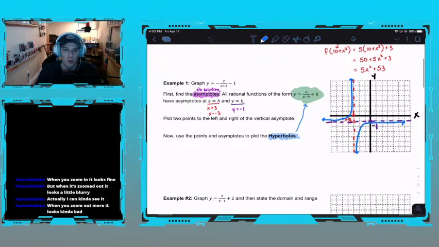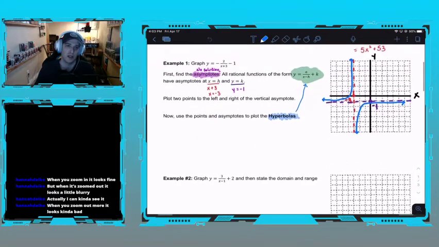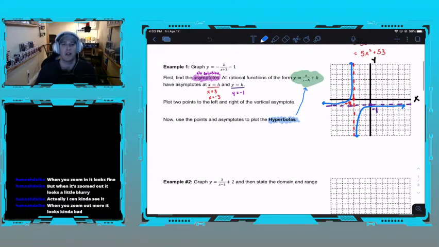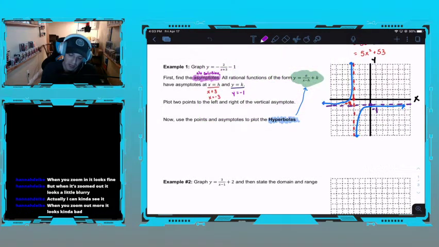So, example number 1 is going to be almost identical to example number 2. In example number 1, 2 days ago, I said first we have to find the asymptotes. We have to find where the graph has no solutions. In order to find those asymptotes, we have to figure out what h and what k is. I'm going to try to color code it the way I did up top. So in order to find the h,